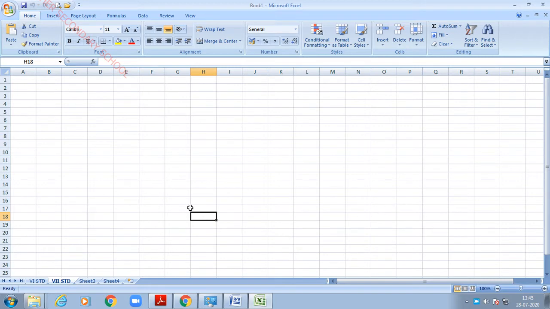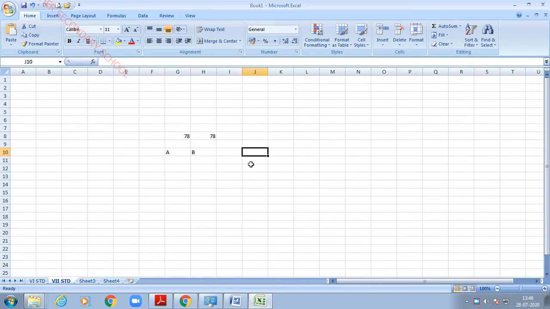Next we will see how to calculate the data. Before calculating the data, let me explain what is meant by data. Data is the combination of alphabets and numbers, but in Excel some data are called labels and some data are called numbers. For example, if I type numbers, can we calculate these numbers? Yes, you can calculate these numbers, but we cannot calculate the alphabets, isn't it? So these are called labels.